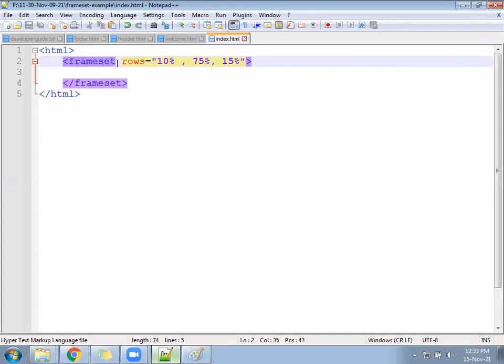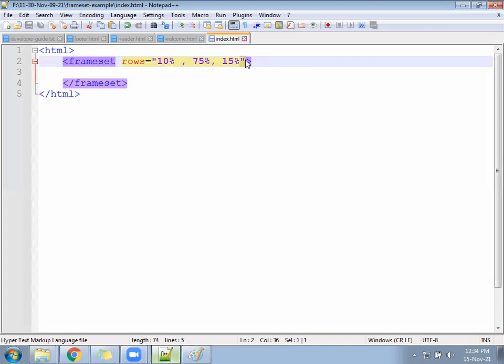More than 100% calculation is a bad habit. We should not do it. Browser-wise, the page will break. It will not be proper. In this line, some people may have made a mistake. See, rows equal to, double quote opens one time and the double quote closes at the end. It should not be 10% in one double quote and 75% in another.